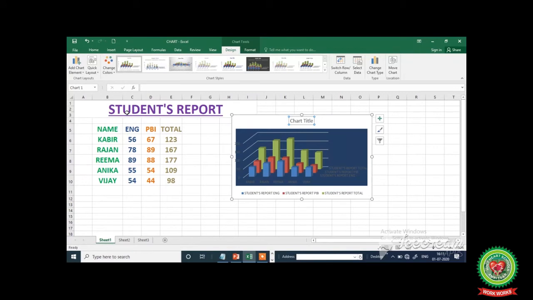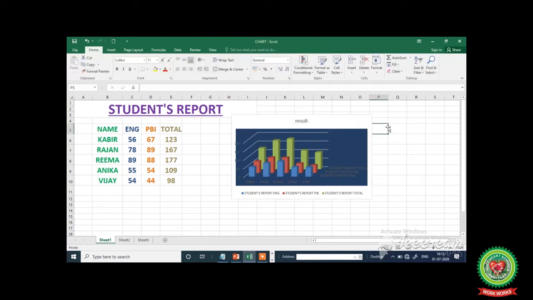Now you can see in this chart title is inserted. Next step is type text in it. Any text you can type. Like here I am going to type result. And then last step is click outside the chart. Now you can see chart title is inserted. Next is